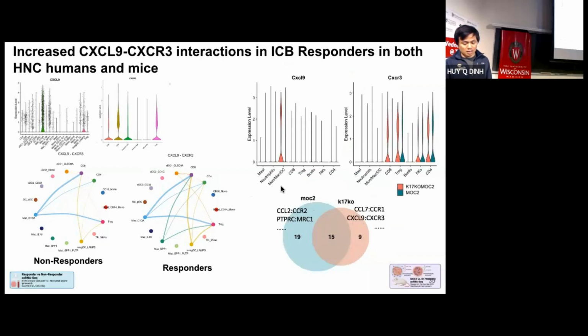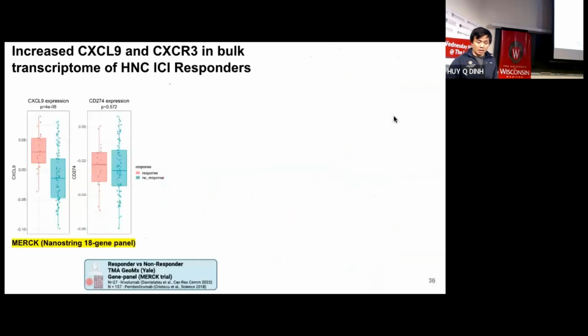The cold tumor has some specific expression, but CXCL9 is in the ones that respond to immunotherapy. Similarly, CXCL9 is spread in myeloid cells and CXCR3 is spread in T cells and NK cells. So that makes us wonder whether maybe CXCL9 and CXCR3 can predict the